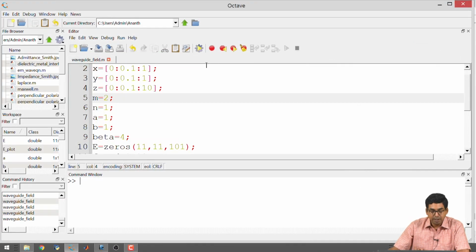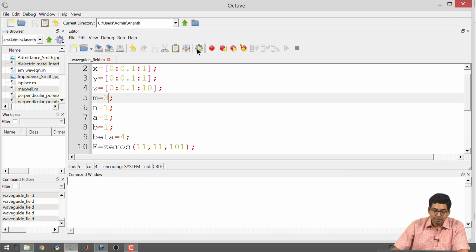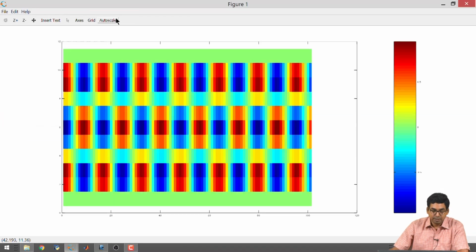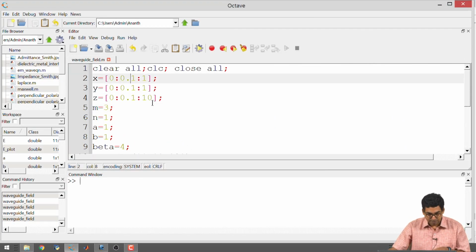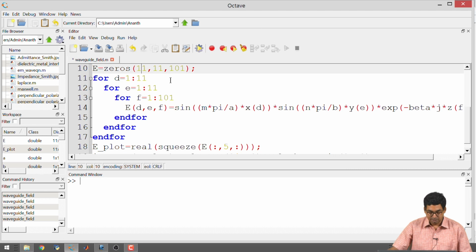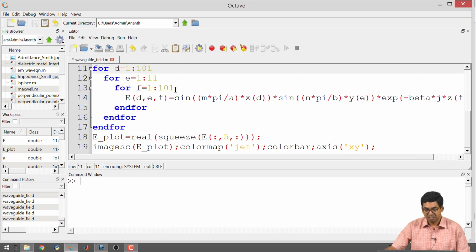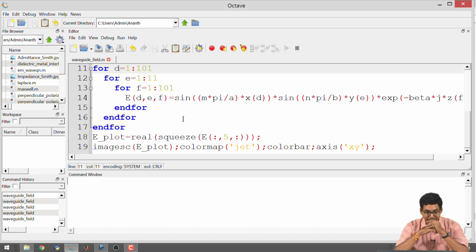So, you can also keep increasing the number of value for m. So, this is now Tm31, all right, and I am plotting the value of the electric field Z component, right. Okay, I start getting 3 spots. It starts to look very square and little bit ugly. That is because of the way you have discretized. If you wanted to fix that and we are looking in the x direction, so all I can do is I can just make it 0.01, all right, just to get little bit more resolution and change the sizes of the arrays. For example, I need 101, 101 here, that is fine. But now the consequence is it will take some time for it to calculate, right.